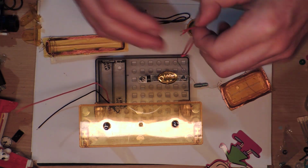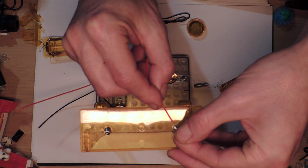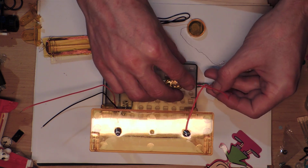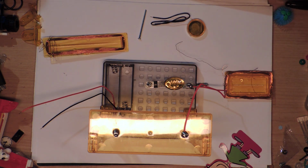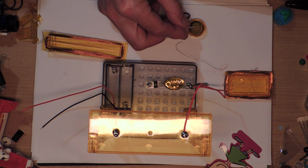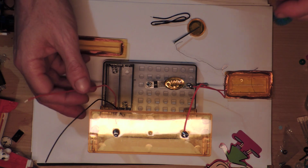Okay, so we need the red wire. And the red wire is going to go from here to the switch. The very flimsy switch. Am I supposed to use something else? There's a nail. What's the nail for? I think that's just for being attached to that magnet. And then the black one,